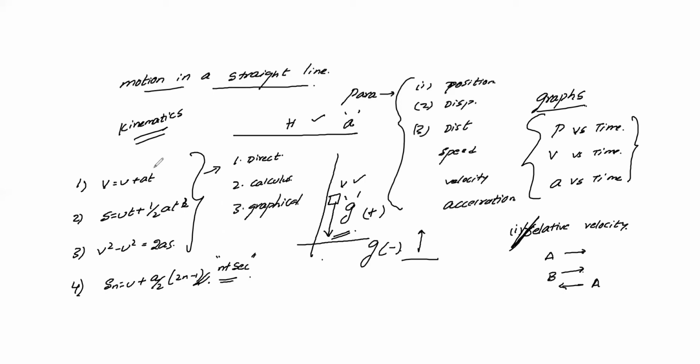Okay, so these three equations are derived by direct calculus. Calculus is nothing but your differentiation and integration part. And after that, the graphical method. With the help of graphs, we are going to derive it. In that, the most important one is your graphical method. We can expect a question from this.